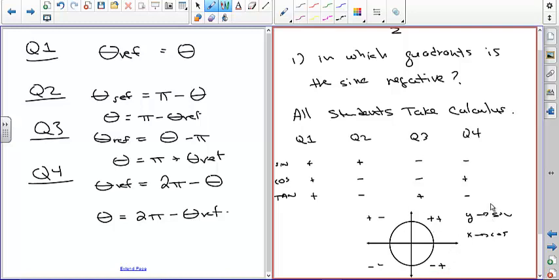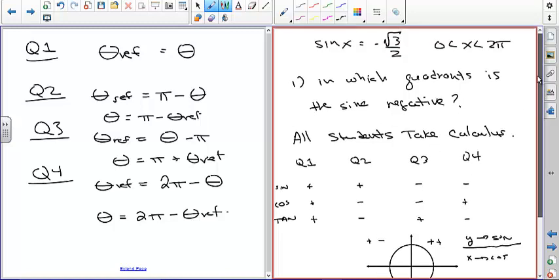Just thinking, all you have to remember is draw a circle, know that the y value is equal to the sine, and therefore x has to be the cosine by default. Think about what the signs of the different coordinates are in the different quadrants, and you can figure it out from there. So either way, so given that information,